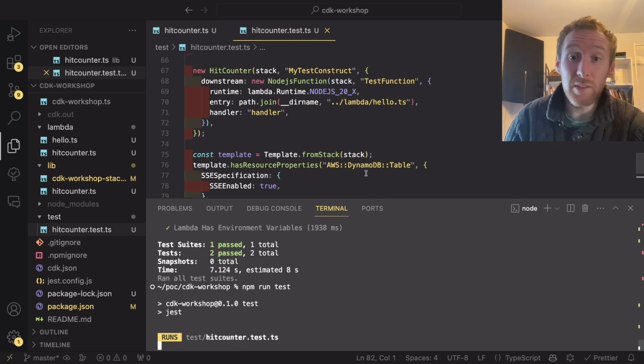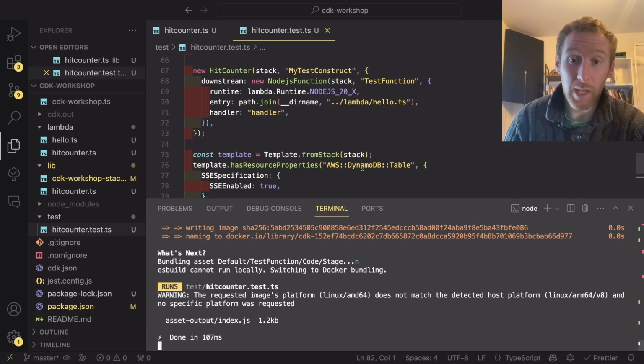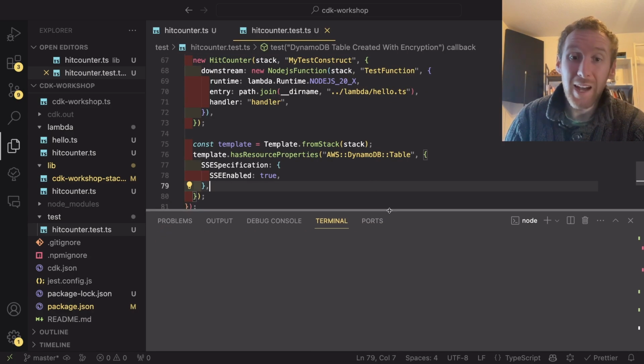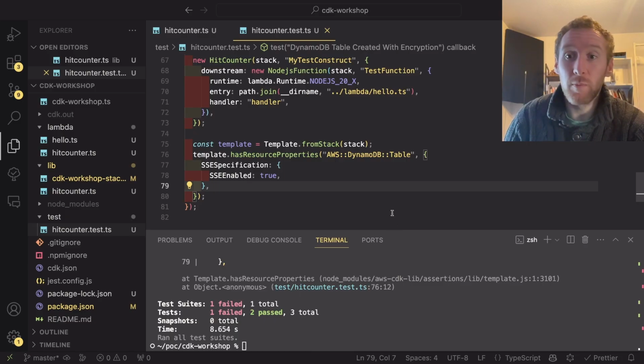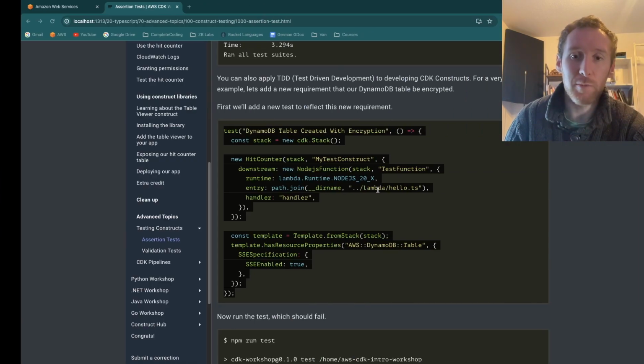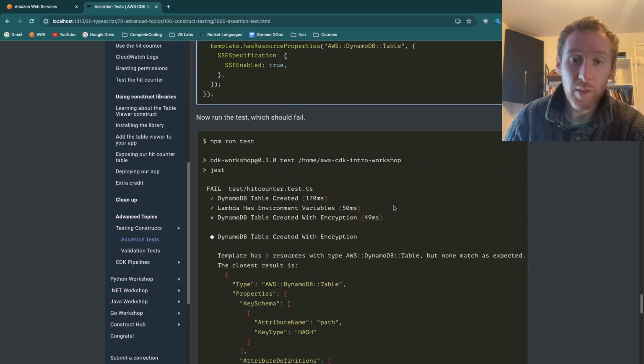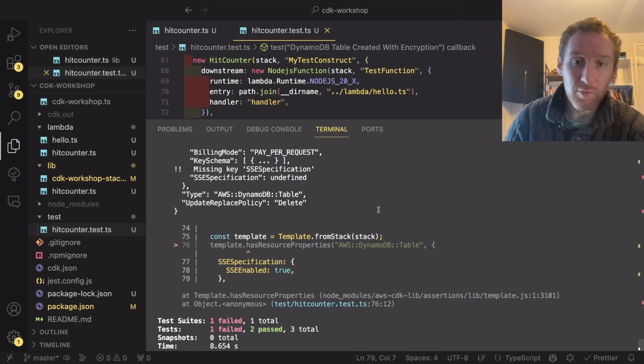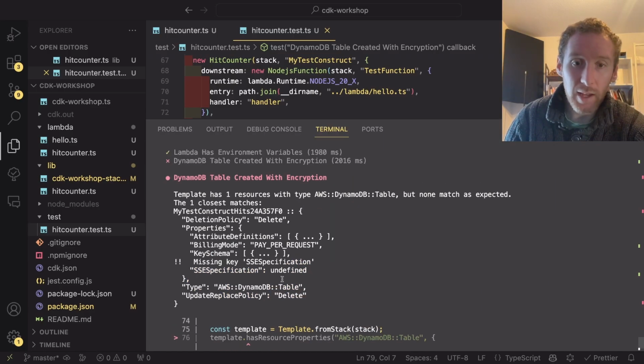But we know that we haven't set any encryption on our Dynamo table already. So this is going to fail. And that is the starting state for all test-driven design or test-driven development. You write the test so it fails, and then you go and change the code to make it so that your tests pass. So as you see, it has failed, and if we look at the reason,